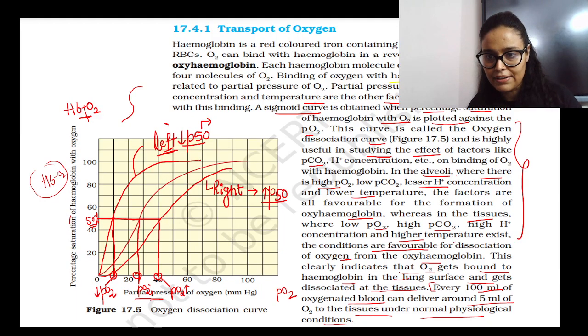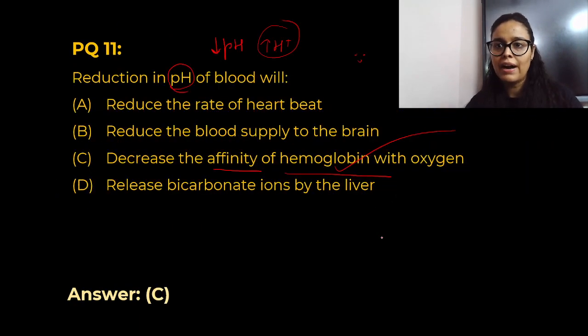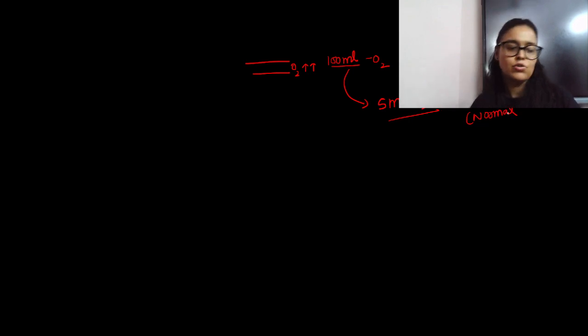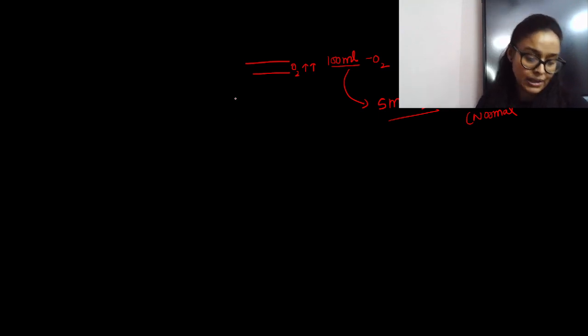So here they have written that 100 ml of oxygenated blood can deliver 5 ml oxygen. So how much does the 100 ml of oxygenated blood deliver here? 5 ml of oxygen is delivered to the tissues in normal condition. Normal means when we are not doing exercise, right? So this is a very good sentence here, and after that they have not discussed things in detail. So let me tell you what exactly they are talking about, right?